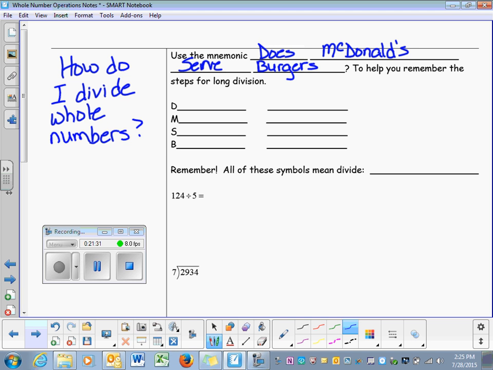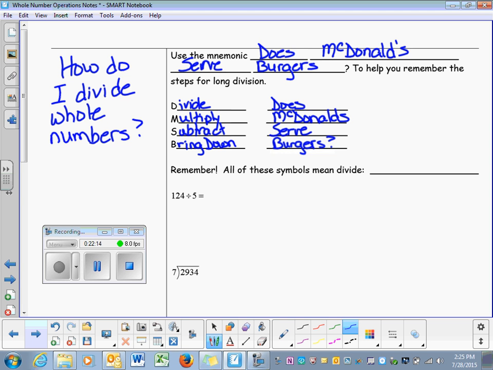To help me remember the steps. Okay. Divide, does. Multiply, McDonald's. Subtract, serve. Bring down, burgers. So by using the first letter in the mnemonic, it can trigger my memory and what steps to do as